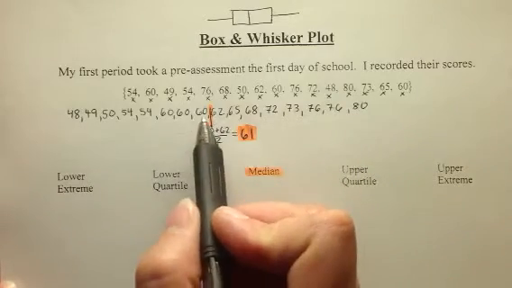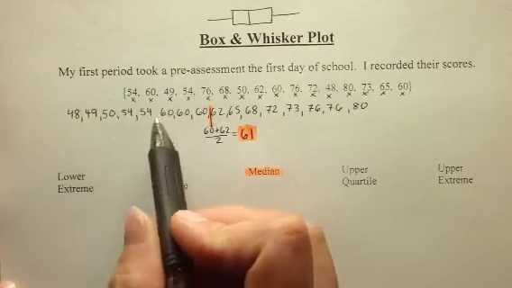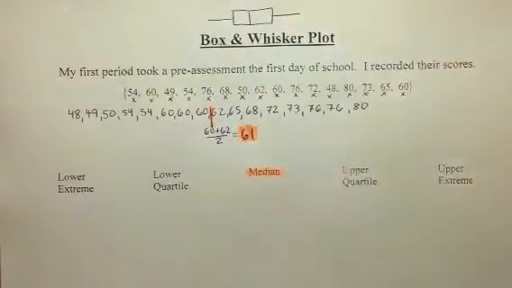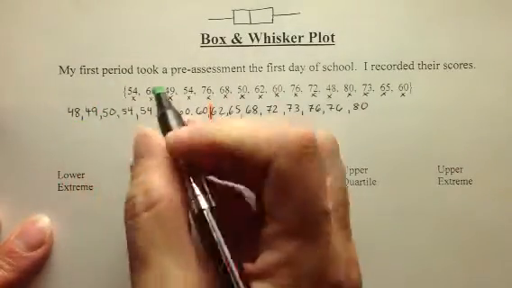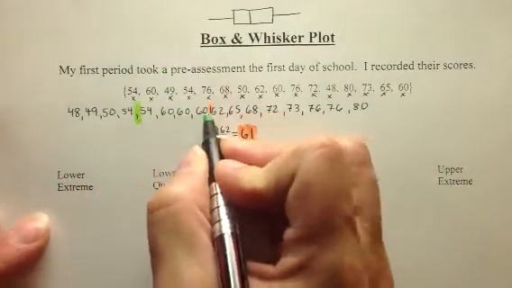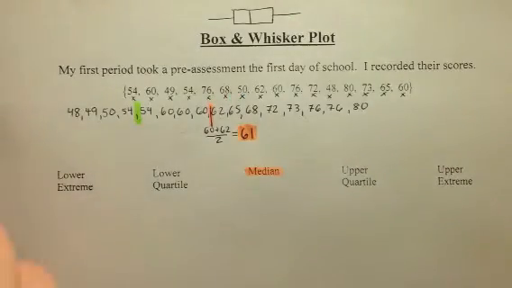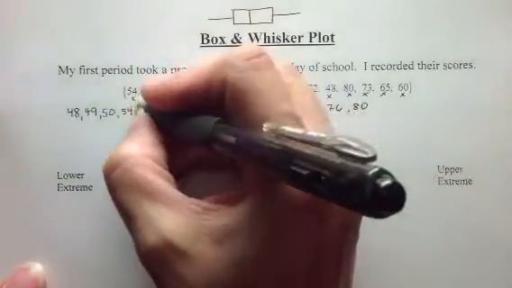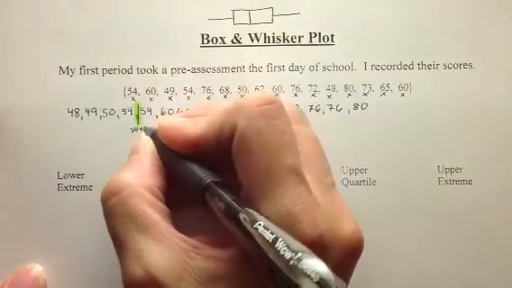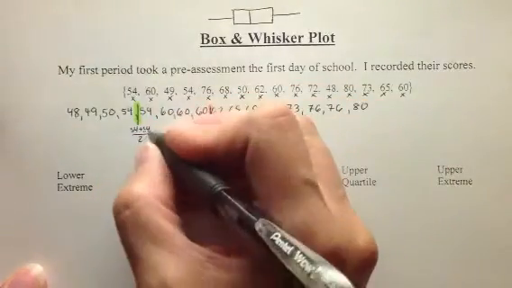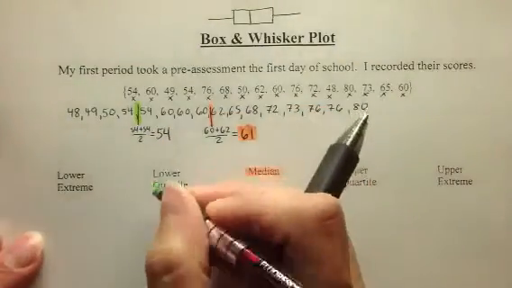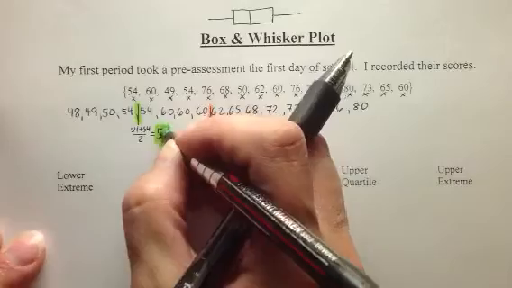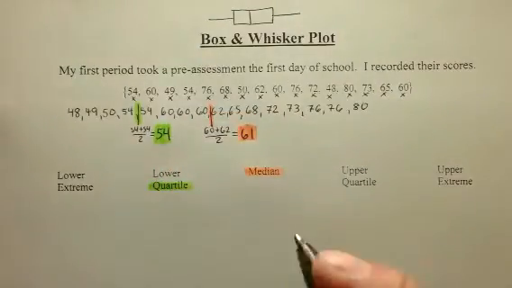So now I'm going to look at the lower half here and I'm going to cut that in half. So I've got 8 there, so remember half of that is 4. I'm going to have to do the mean again. 1, 2, 3, 4. 1, 2, 3, 4. This time it turns out to be easy. When the number is the same, when you take the mean of them, you end up getting the same thing. So 54. So the lower quartile is 54,